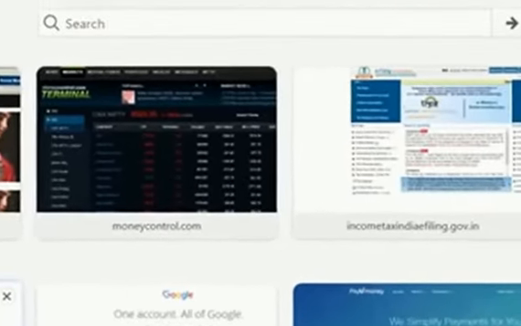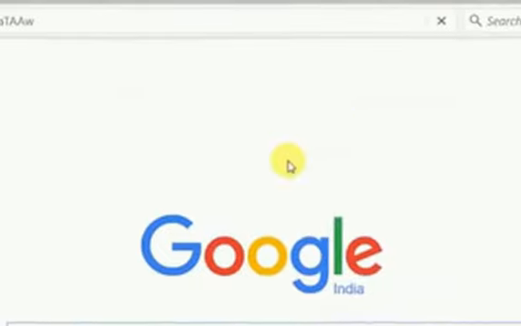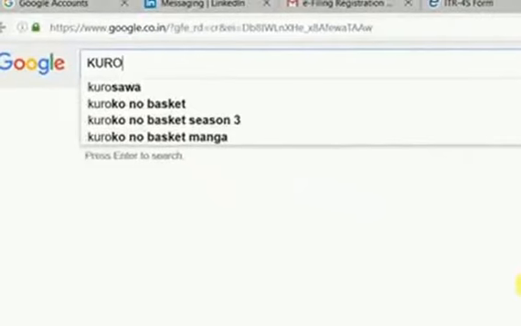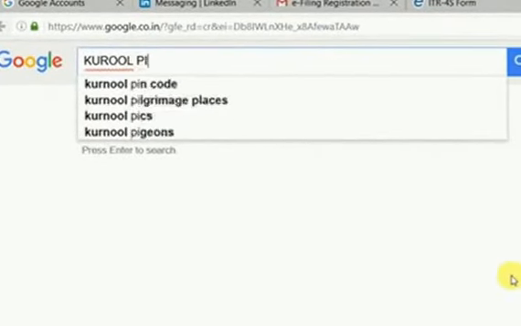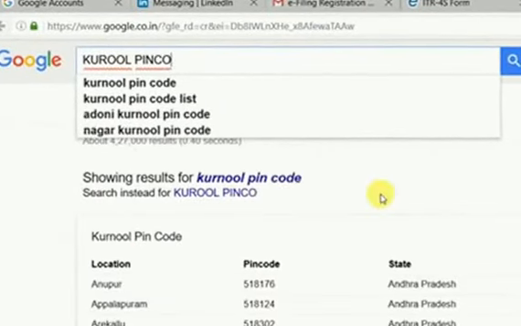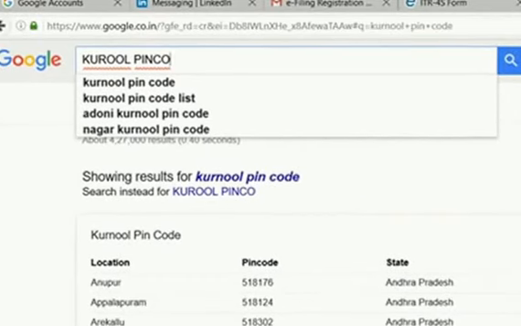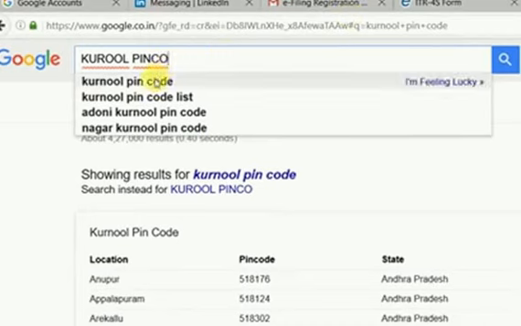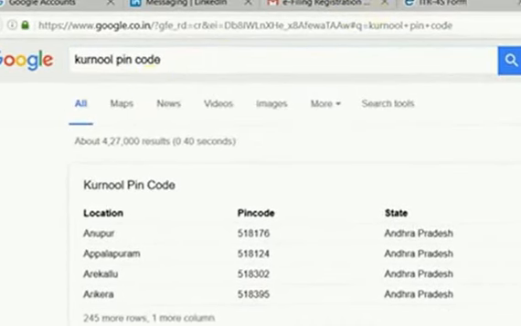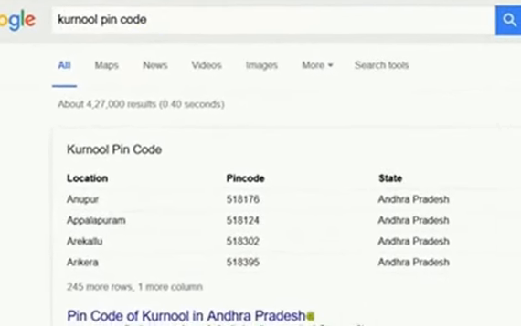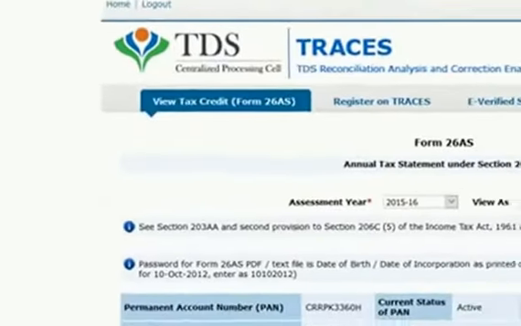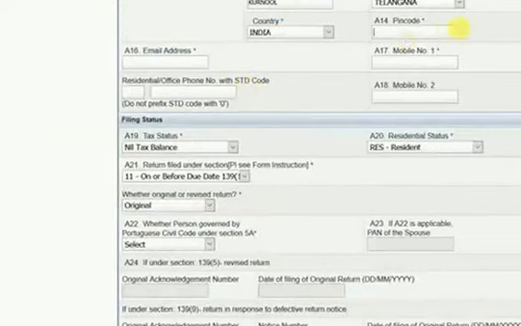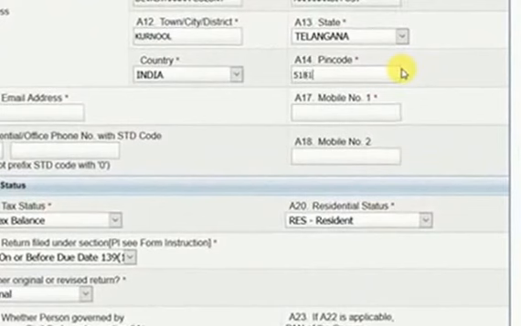We have to search for our pin code. 518176.